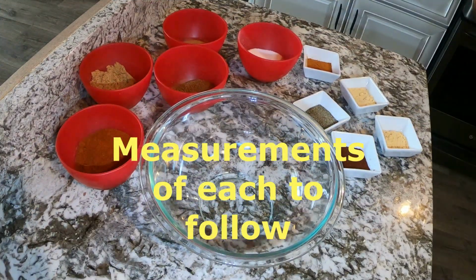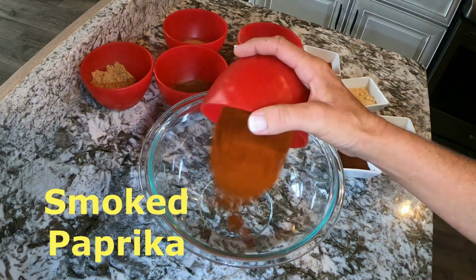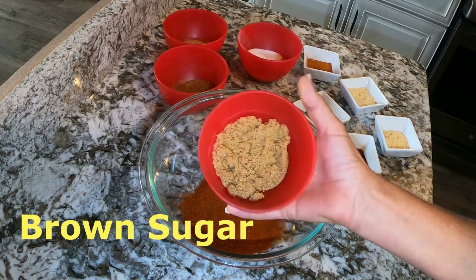Now let me show you what I put in this dry rub. Let's go ahead and start with some smoked paprika. Now you can use regular paprika, I just like the smoky flavor. Then let's add some brown sugar for sweetness,